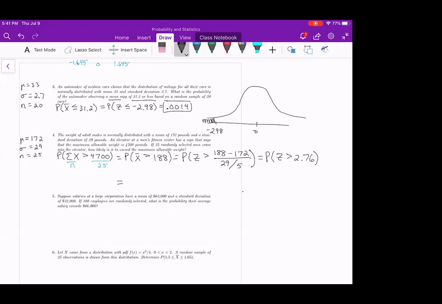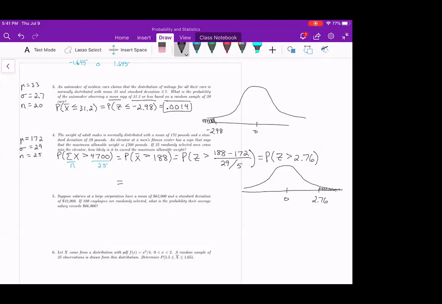All right, so let's draw a picture and just see if it seems reasonable. In our picture, it should look something like this, where again, it's standard normal, it's bell-shaped, 0's in the middle. You've got 2.76 as your z-score plotted appropriately on the x-axis there. And the probability is the area to the right of that, which is a small region, so we should have